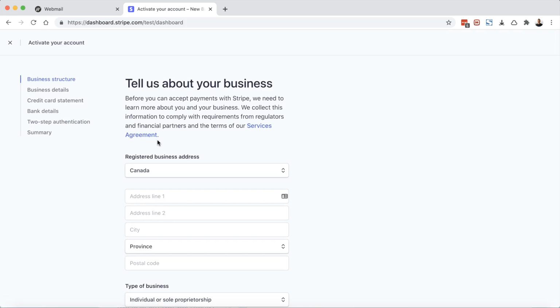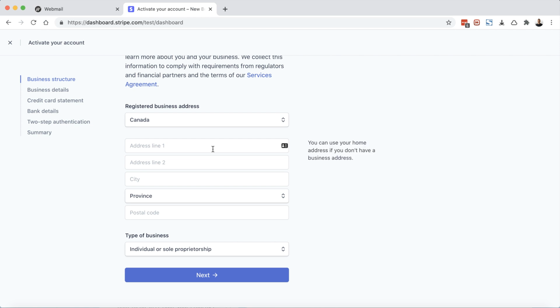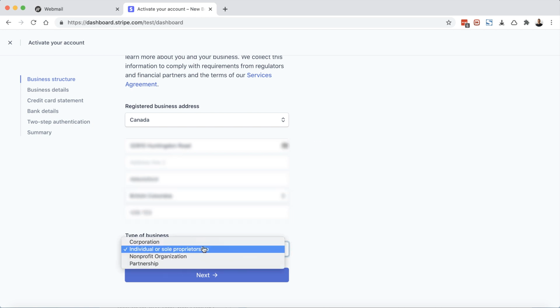So we need to begin by entering some details about our business. So I'll scroll down a little bit. So registered business address, we are located in Canada. I'm going to go ahead and enter our mailing address here. So type of business, you'll need to click on this menu and choose the one that is applicable for your business. So we are going to go ahead with individual or sole proprietorship,